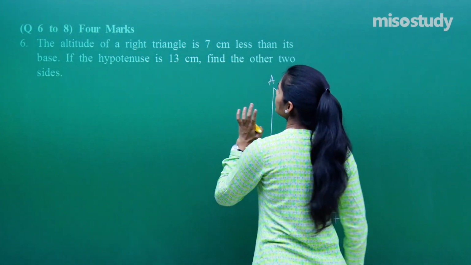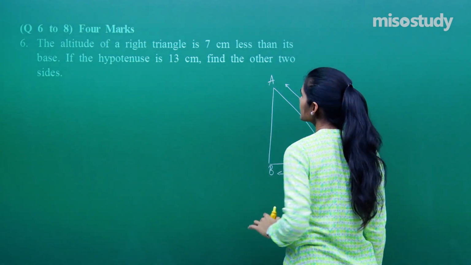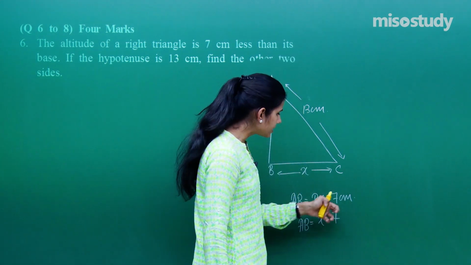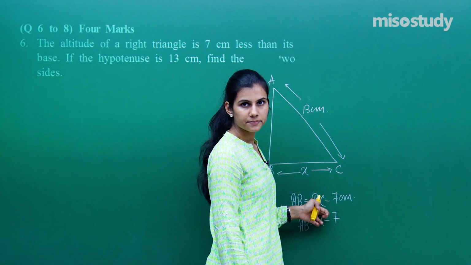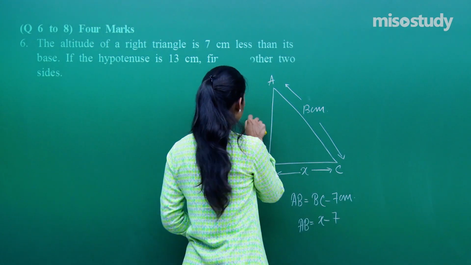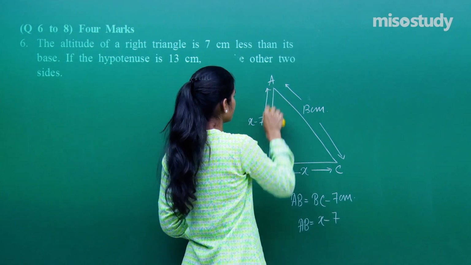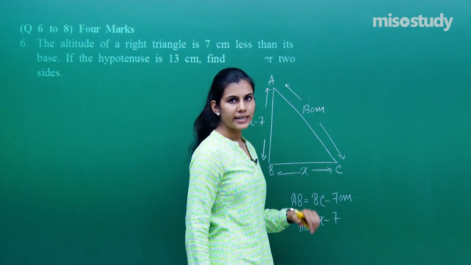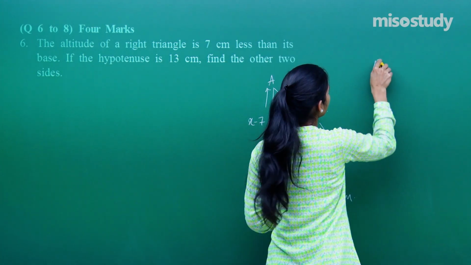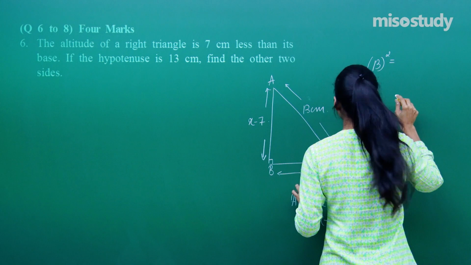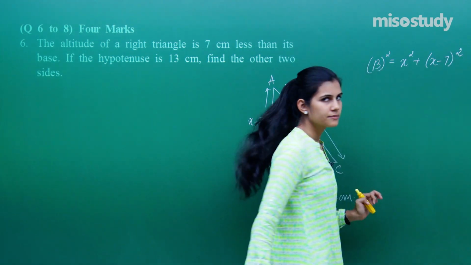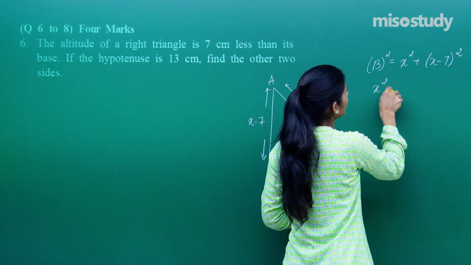Then AB's length is x minus 7. What is it saying? It's saying the altitude is 7 centimeters less than its base, right? That means the altitude's length is 7 centimeters less than the base length. So that gives me AB is x minus 7. I have to find the value of x. Of course, if it is a right angled triangle, I will use the Pythagoras theorem. Hypotenuse square is equal to base square plus perpendicular square. Resolve it. You get x square plus